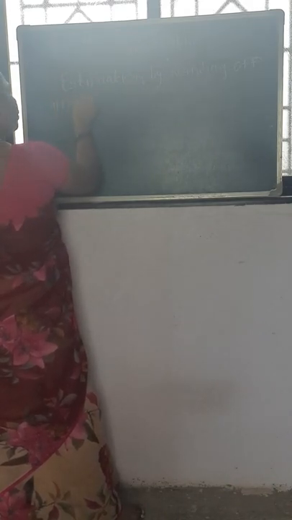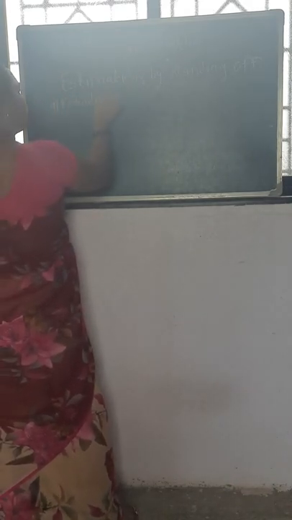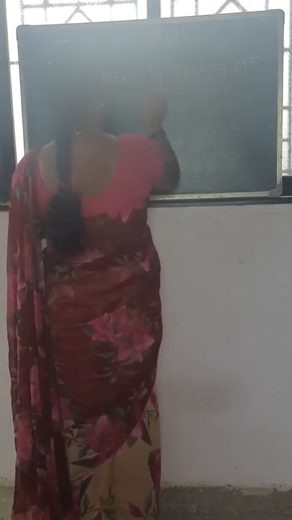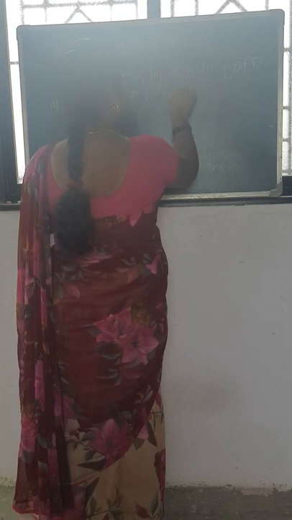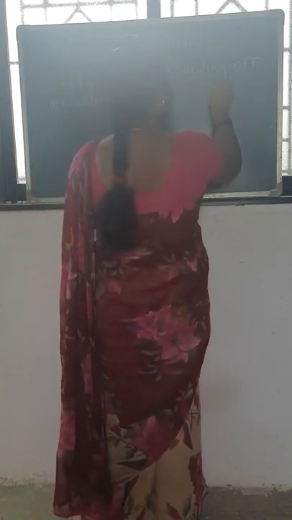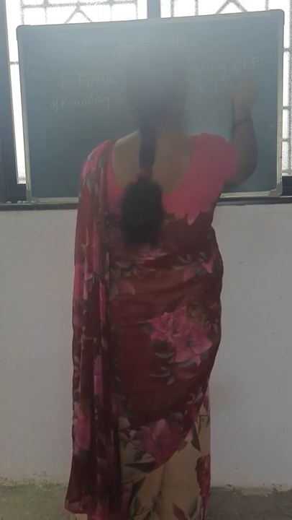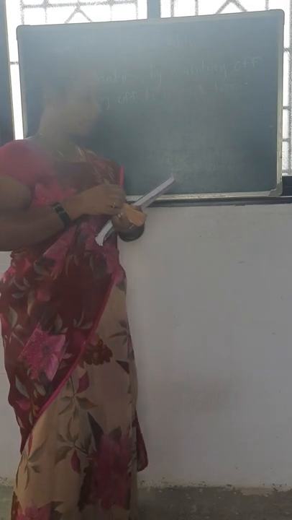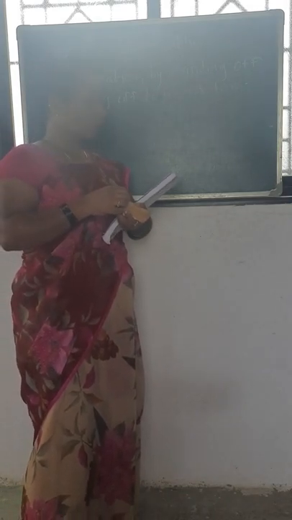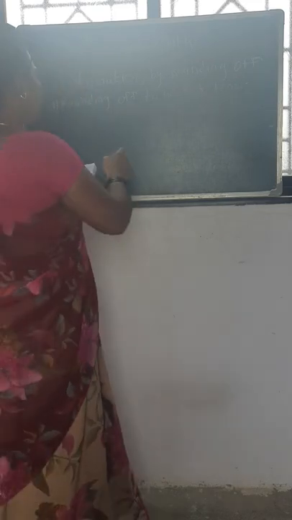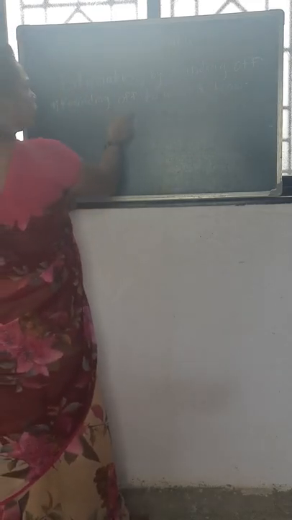Rounding up to the nearest tens. To round up a number to the nearest tens, we should follow the rules given below. Examine the one's place digit. We have to find rounding up to the nearest 10.